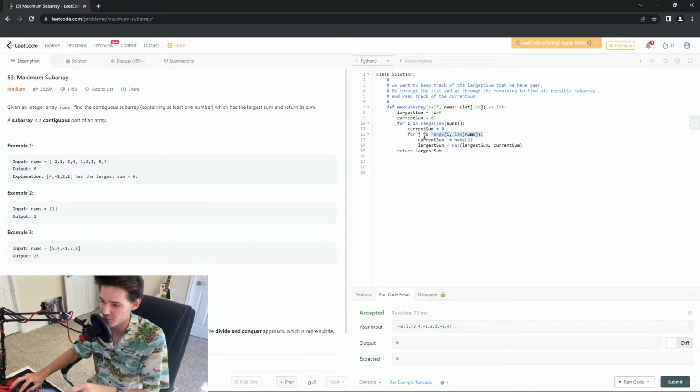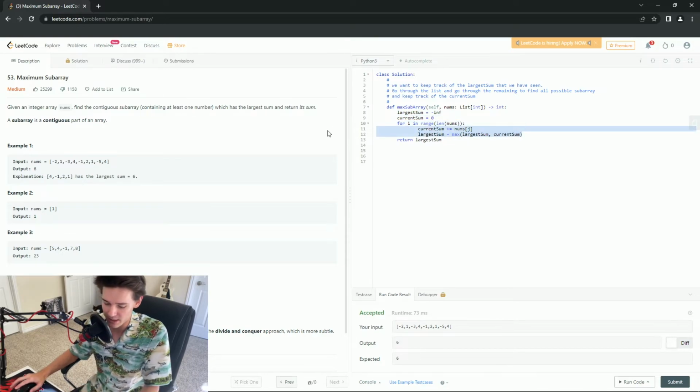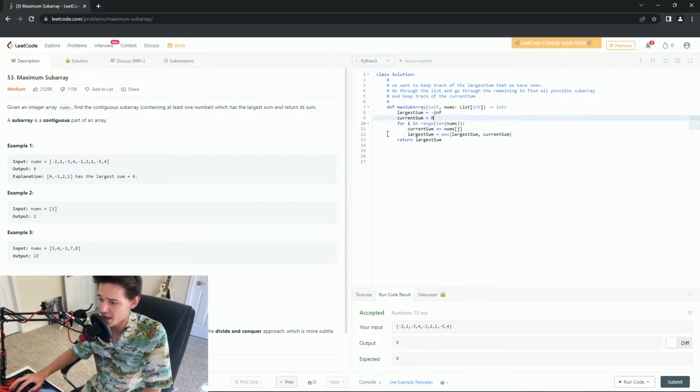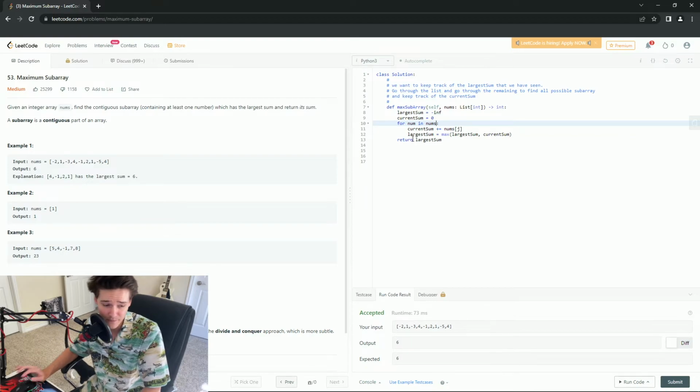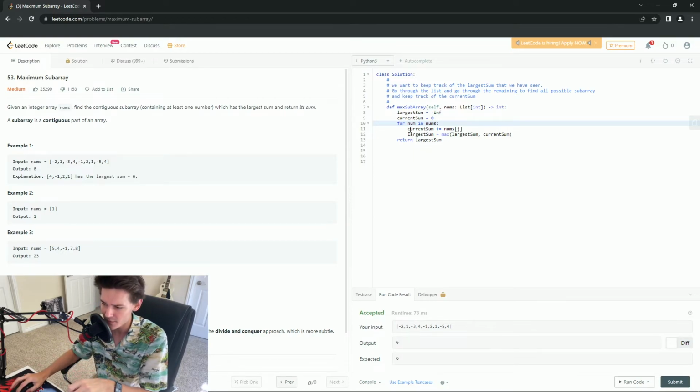So if we remove this now, and if we just shift tab that, okay, so now instead of incrementing by the index, it might actually be easier to change our for loop to be for each number inside the nums list here. So for each number inside that list, this num just refers to the current number,